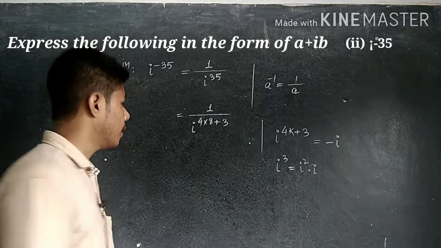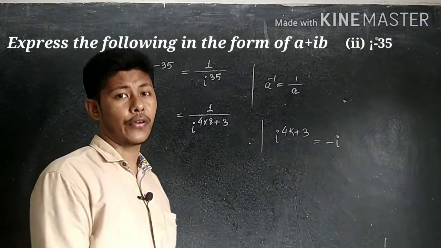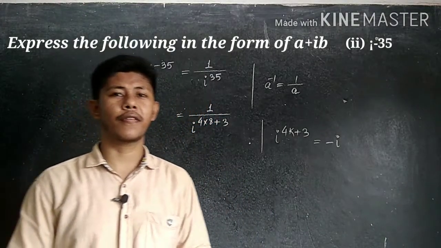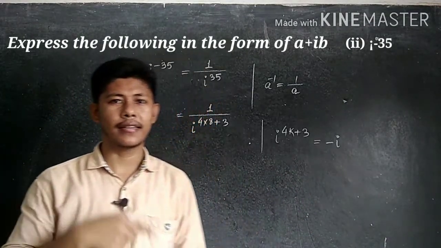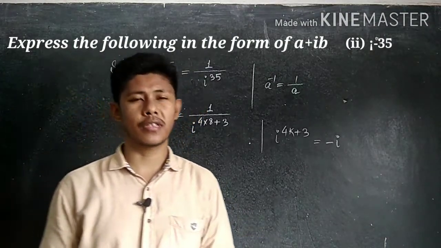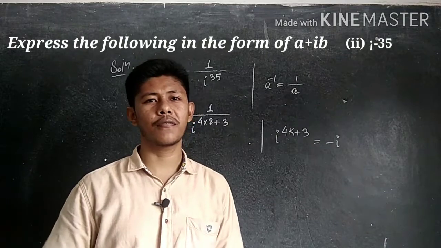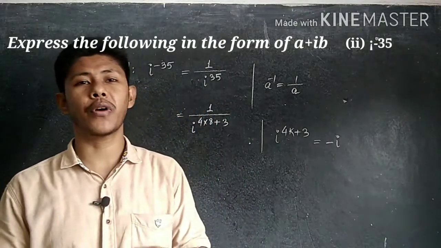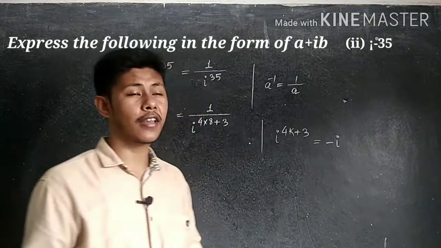And one more question was asked there. What is the difference between real and imaginary? Very simple. How can we identify? If you see the discriminant b square minus 4ac is greater than 0, then obviously a positive value, then it is what? Real. If b square minus 4ac is less than 0, then it is negative, so it is what? Imaginary. So this is the difference between real and imaginary. So in the beginning, we said complex numbers separate into two parts, real and imaginary, isn't it? So from there easily we can identify real and imaginary.